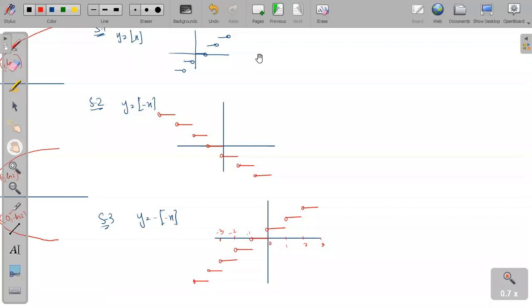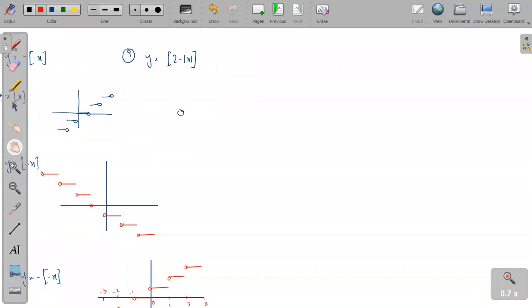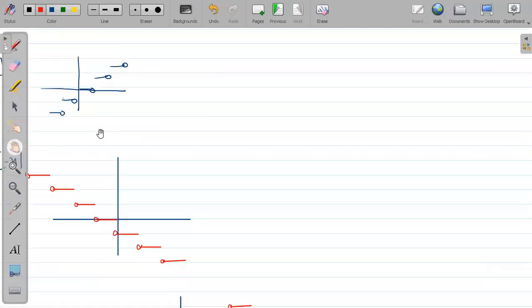Because tomorrow I am not going to explain the complete periodicity. Some questions only I am going to explain. Are you getting my point? So tomorrow I will be discussing only even odd function and questions on periodicity. Right? You have to revise the complete periodic functions on your own from our previous classes. Yeah, I will be sending you the recording of today's class. Are you getting this graph stuff, or is it easy only?